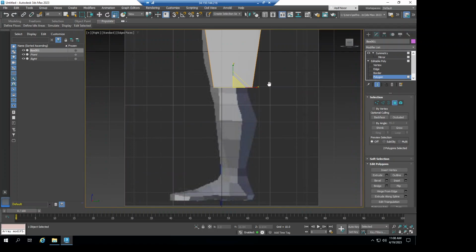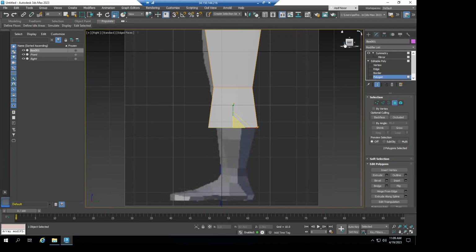Okay, switch to the move tool, shift drag to the calves here. Okay, and then switch to the scaling by pressing R, scale them out in this direction,